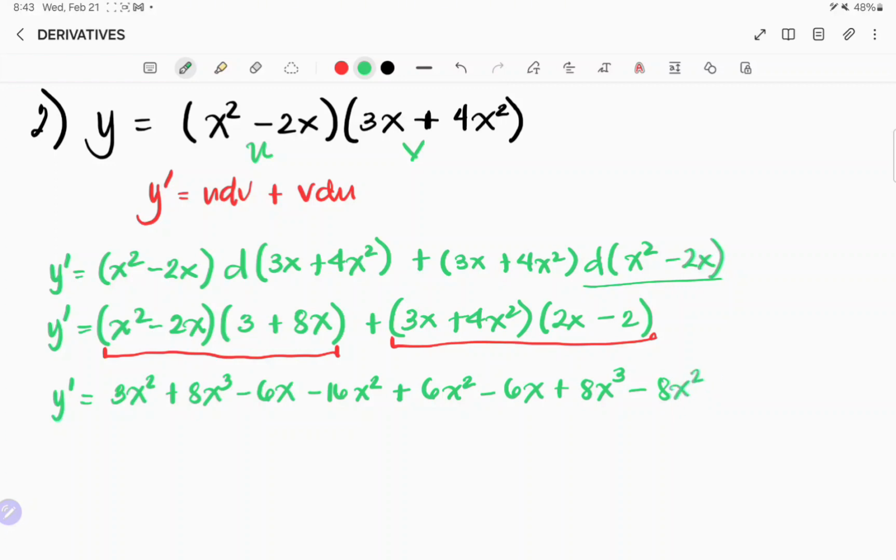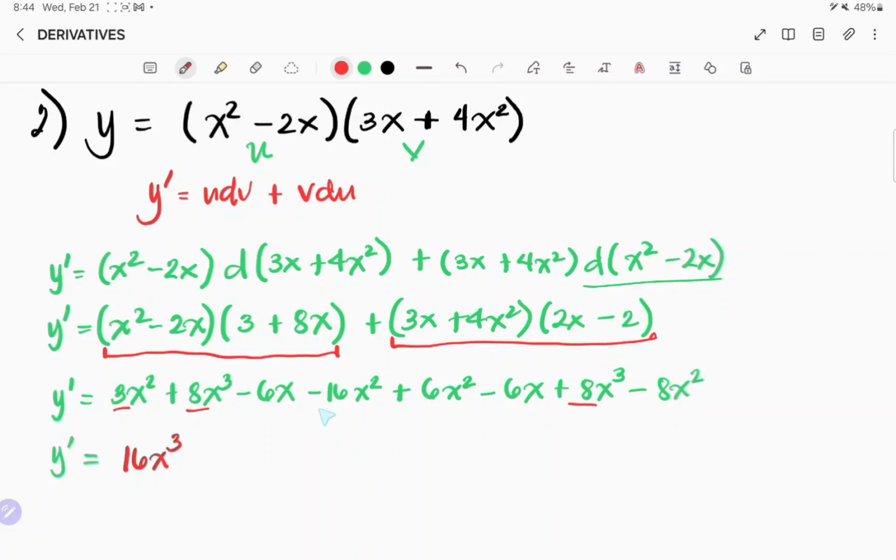Now we have to combine some similar terms here. For x cubed, we have 8x cubed and another 8x cubed is 16x cubed. Y prime is equal to 16x cubed. And for squares,